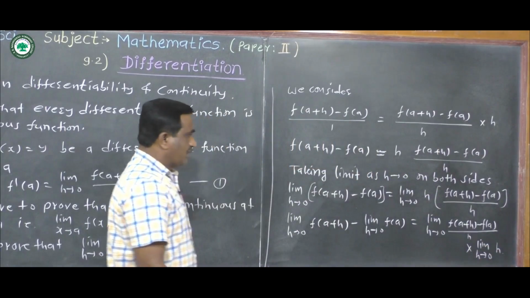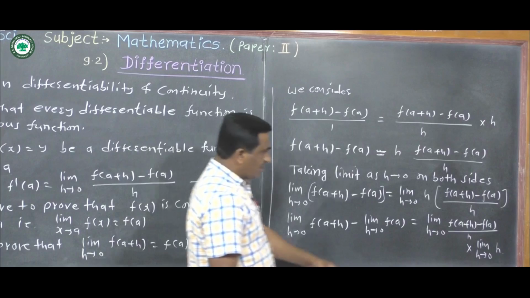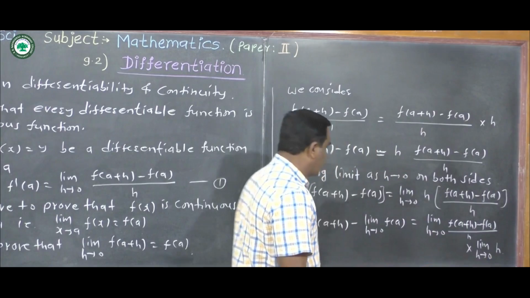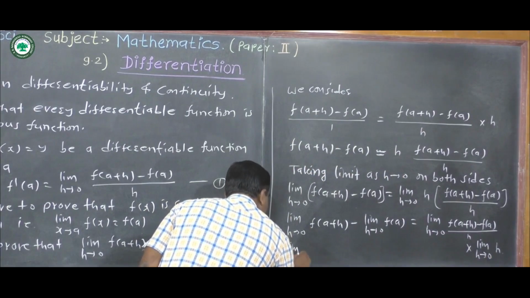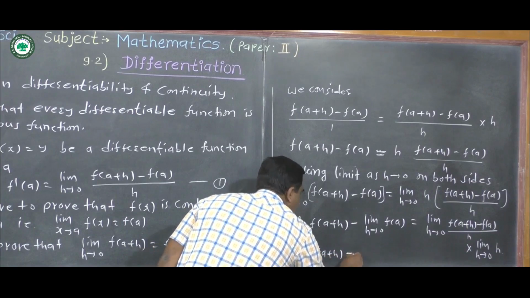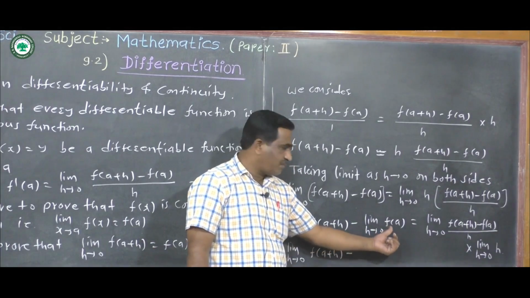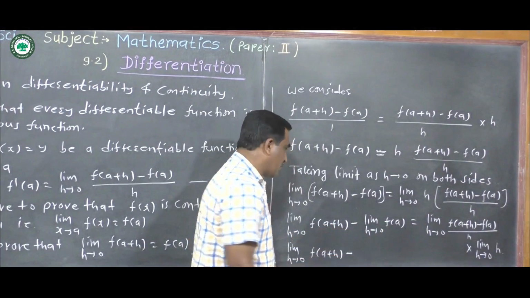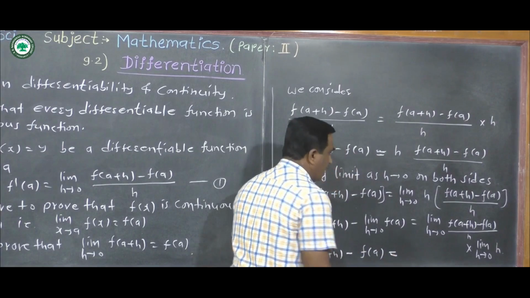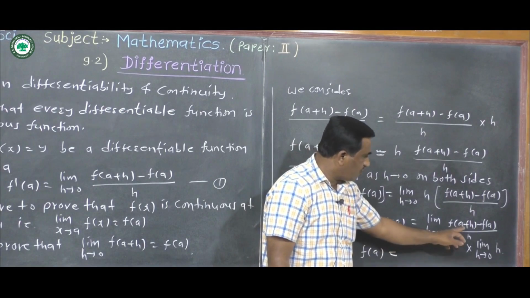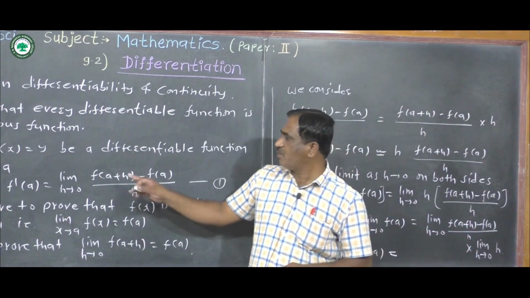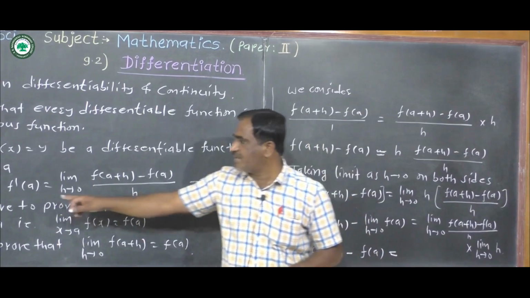Okay, that is, we can write here further limit h tends to 0. Put h equal to 0, then this term becomes 0. Then we can write here limit h tends to 0 of f of a plus h minus, here the limit of a constant term, f of a is a constant, the limit of a constant term is the constant term, f of a. The value of this limit h tends to 0 of [f of a plus h minus f of a] upon h is f dash of a from equation first. The value of this is f dash of a.